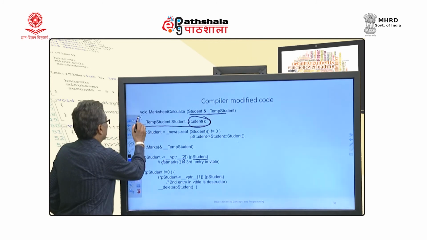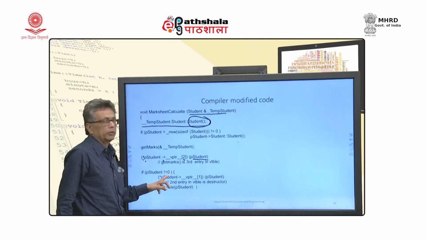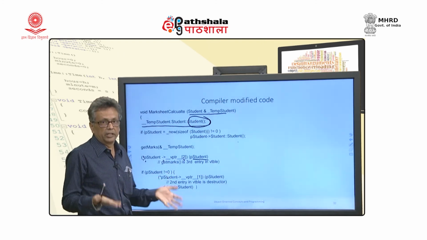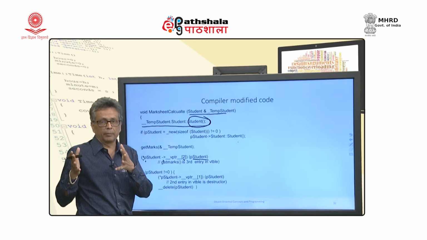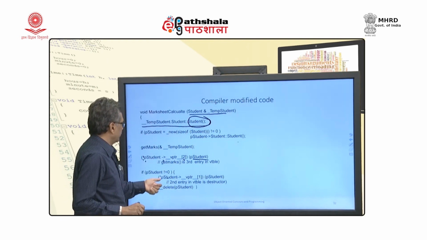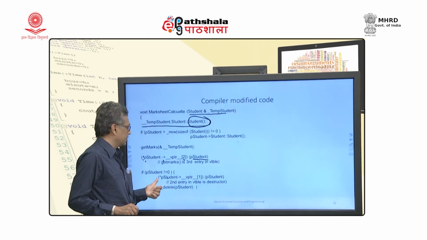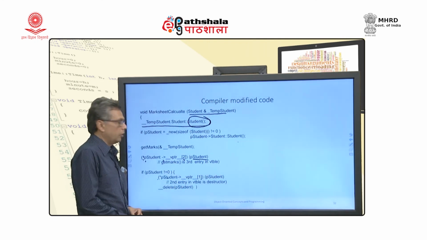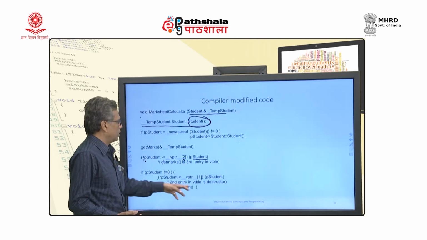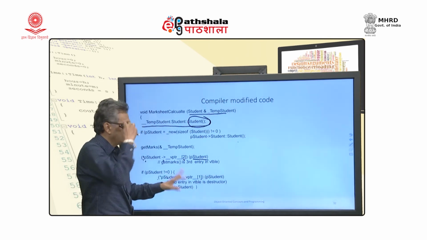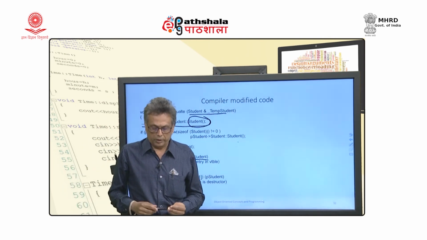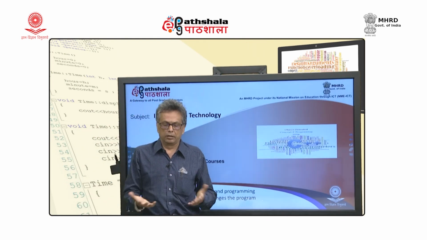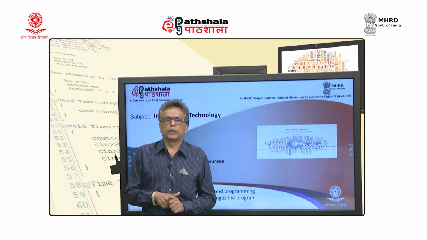Now, in the destructor, if p student is not equal to 0, that means p student contains something really important for us, there is memory associated with it. What we do is p student vptr star, that will again get us that v table. Now, the first function is called with the same value. If this is the case, we will delete that student, simple. Anyway, with that note, we conclude the final module on C++, OOCP.